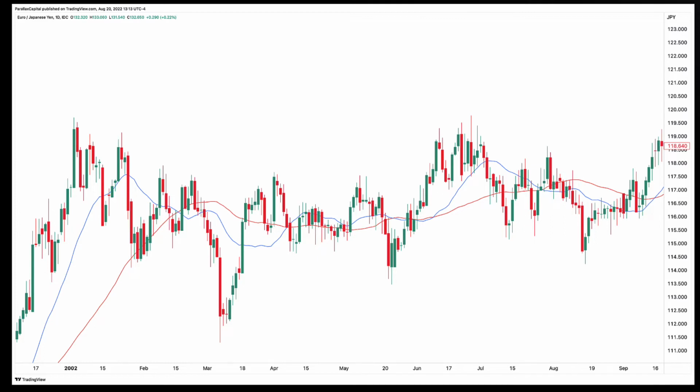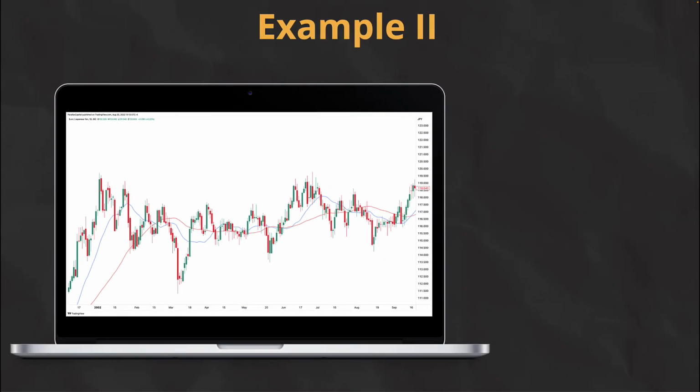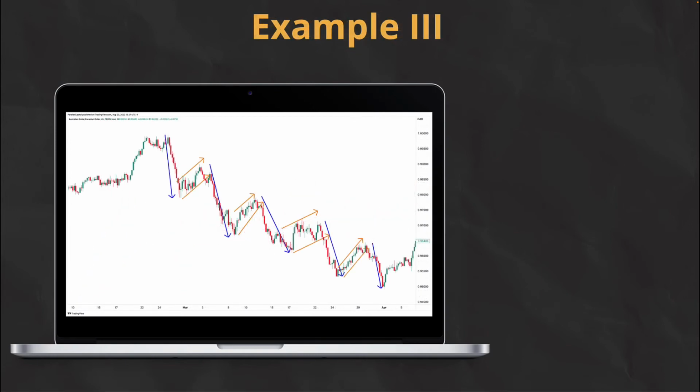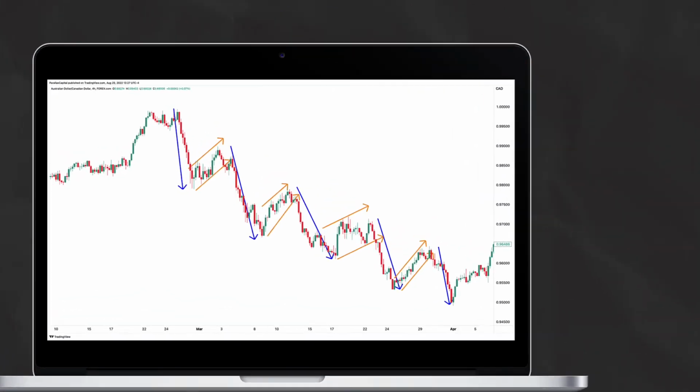If anything, when you see this kind of whipsawing back and forth, it should be a warning to you to stay out of the market until we see a more sustainable resumption of the larger underlying trend. Now we're going to take a look at the Australian dollar, Canadian dollar currency pair on a